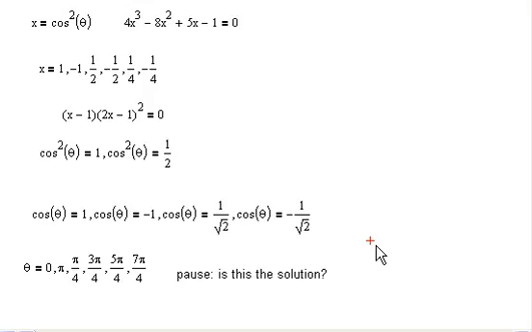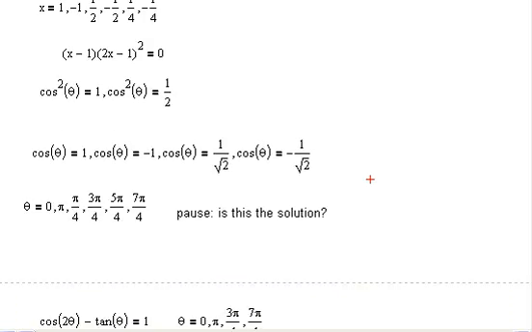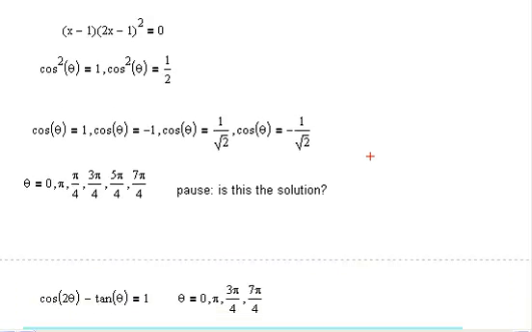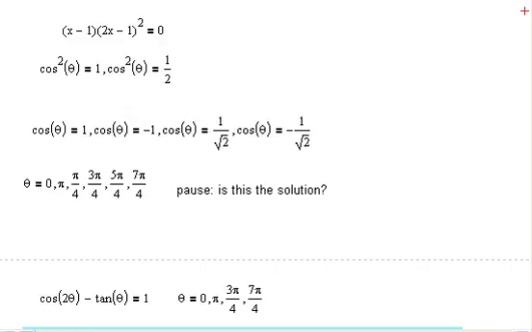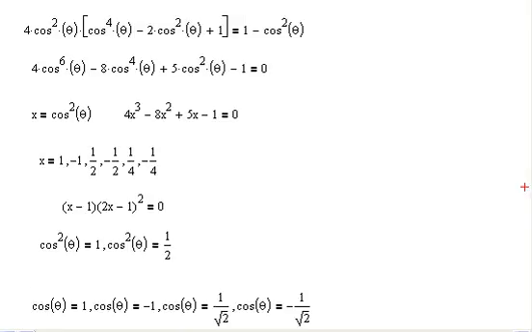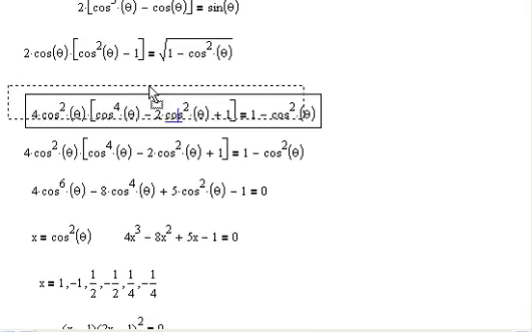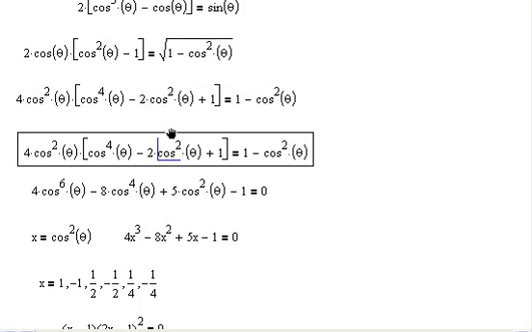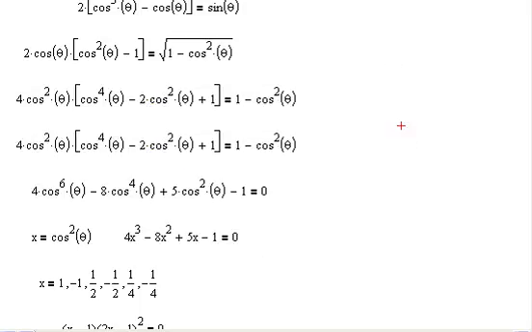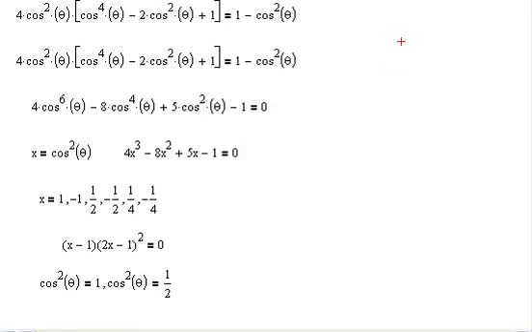Now, is this the solution? I want you to pause and think about it. Welcome back from the pause. In fact, that was too many solutions. The problem is, we squared both sides to get from here to here. And whenever you square both sides, you might be introducing extraneous solutions. That's solutions for the new equation, not solutions for the original. So here's the original